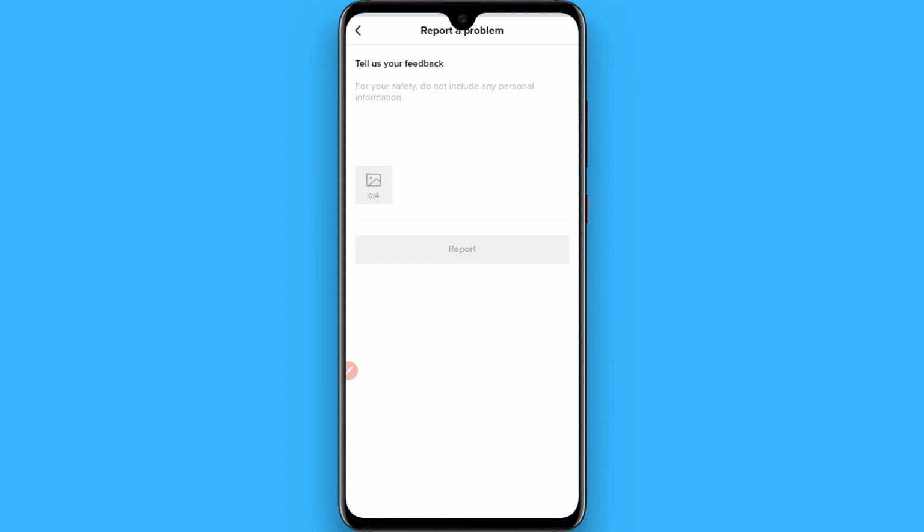and write your problem here, and you can also attach a screenshot from here, and after that click on the Report button. And once you click on the Report button, your report will be submitted and they will respond to you